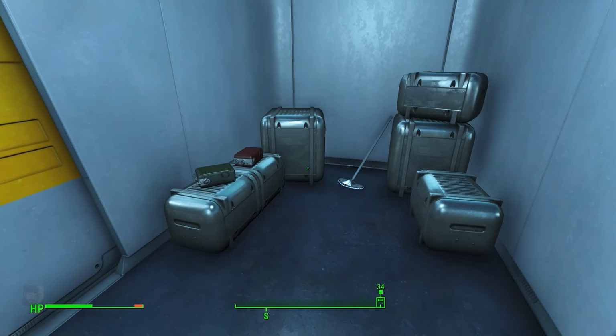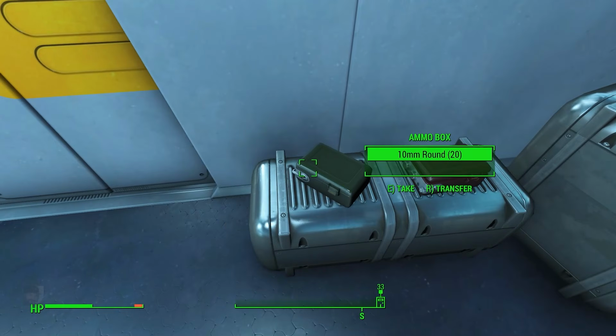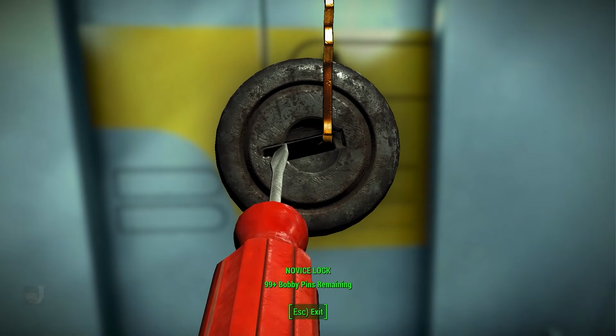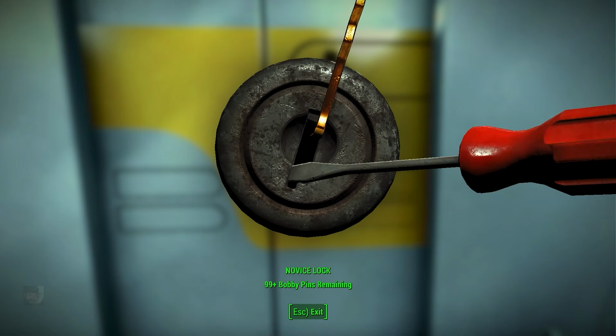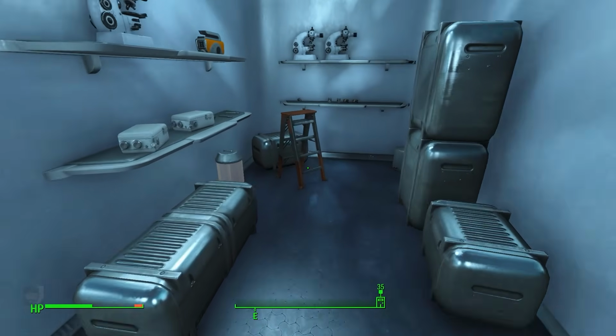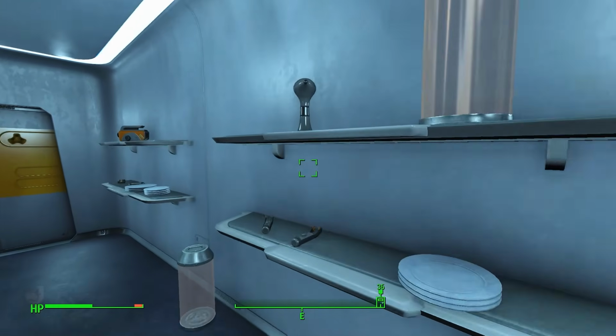In our last episode, we retrieved a rogue synth from the Raider compound at Libertalia after Madison Lee put a courser chip on our Pip-Boy, allowing us to use the synth relay. Now Father wants to talk to us about something else, but there's still a lot of secrets to uncover here